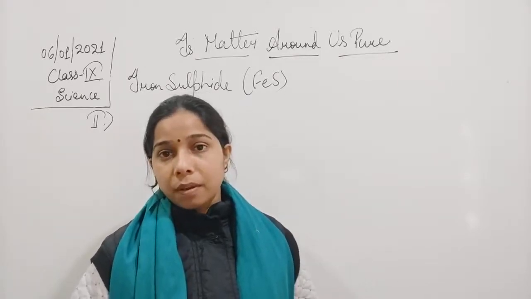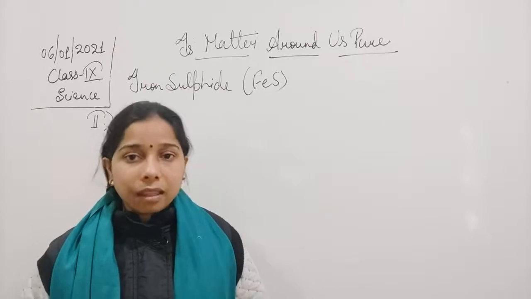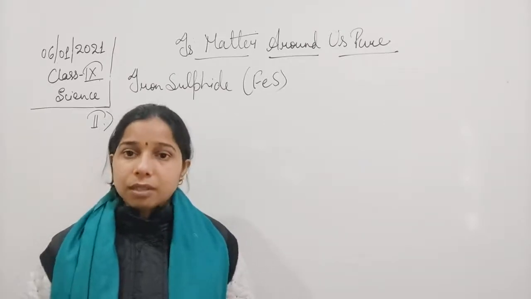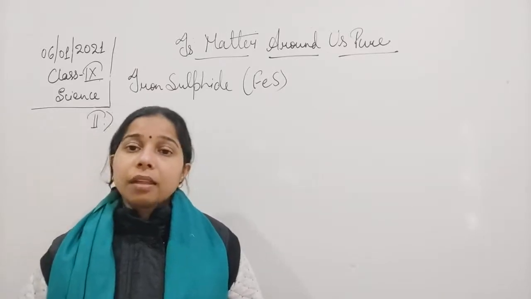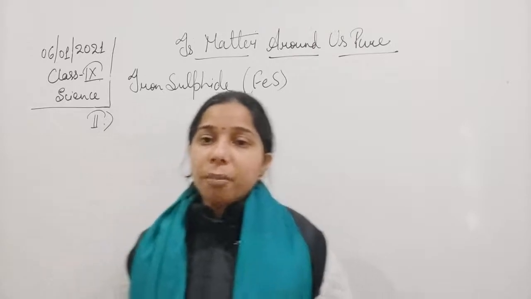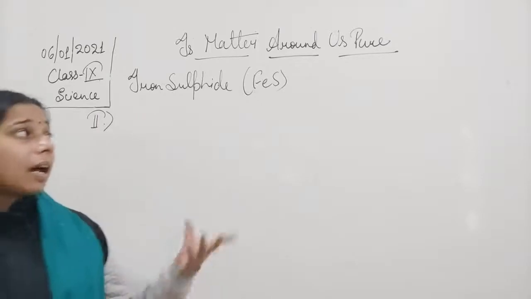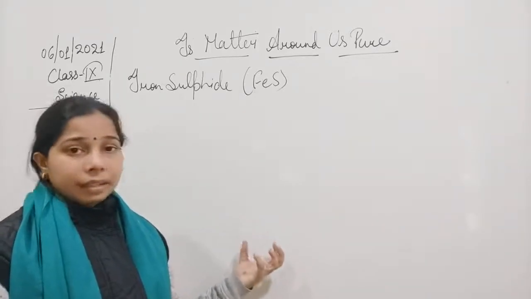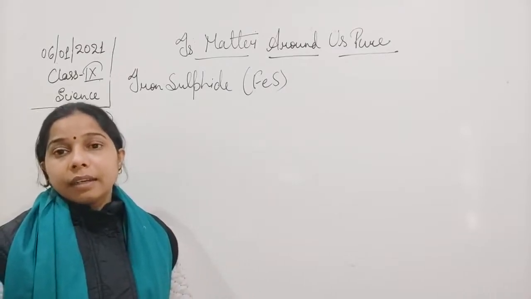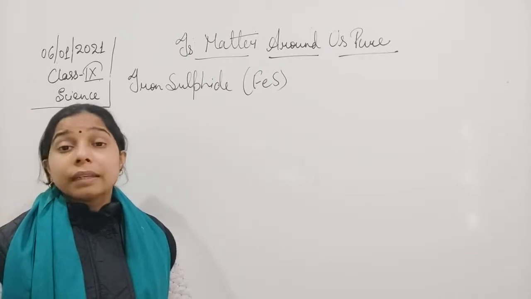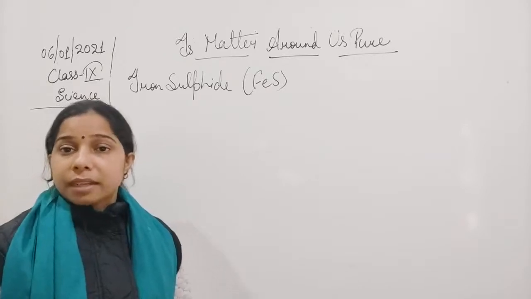light is absorbed. But in case of iron sulfide, you have seen that the iron and the sulfur absorb heat. That is why they react with each other. We provided a temperature to it, and then they react with each other to form iron sulfide. So there is absorption of heat or light. In a mixture, heat and light are neither absorbed nor evolved, but in case of the compound, heat is absorbed so that the compound formation can take place.